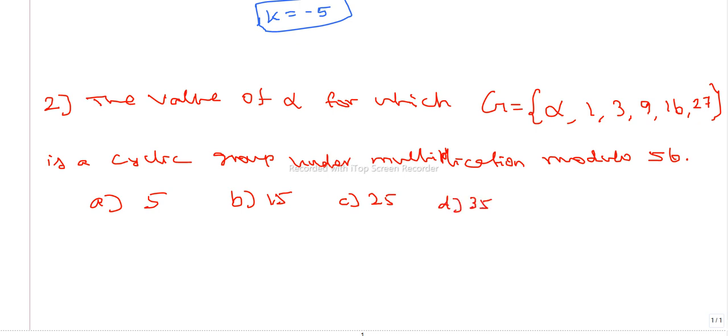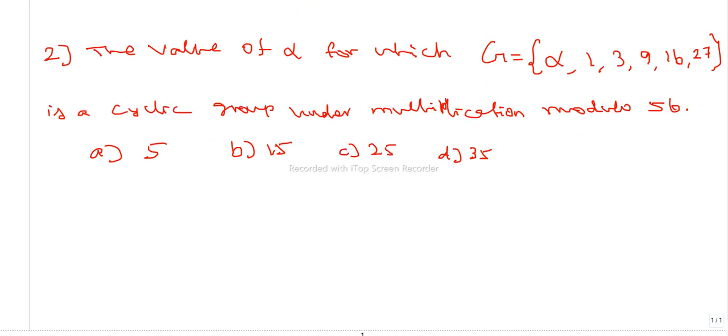It is given that it is a cyclic group, okay, and clearly 1 is the identity element, it is there. So we have to find the generator. If you find the generator, then everything should be a power of that one. So how will we find that one? Okay, so this is a cyclic group, it is given. Therefore